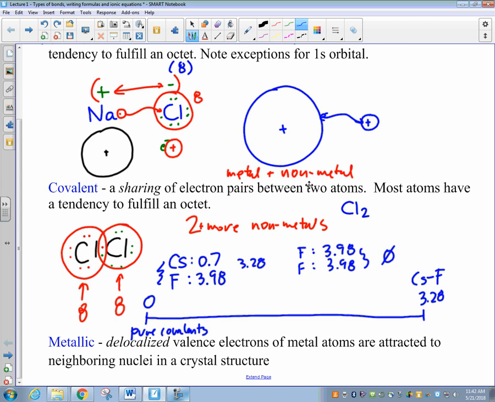Now, if you look somewhere in the middle right there, at a difference of about 1.7 or so Pauling units, is a place where the bonding is more like covalent or more like ionic, depending upon what side of that middle section you are on. So this is where we call this a position of 50% ionic or 50% covalent character. And that is to say that if the difference in electronegativity is greater than 1.7 Pauling units, the bond is more ionic than it is covalent. If there is a difference of electronegativities of less than 1.7 Pauling units, then the bond is more covalent than